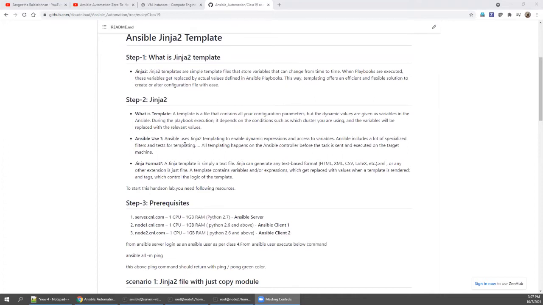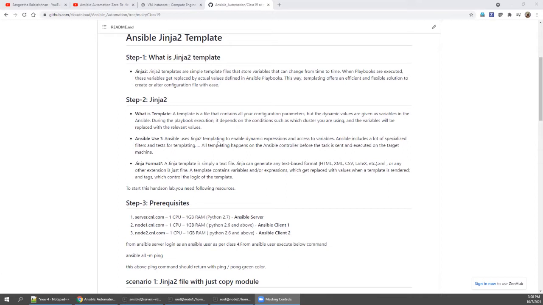Ansible uses Jinja 2 templates to accommodate dynamic expressions. If you have multiple servers in each environment in your project, then you can easily manage all the servers, all the configuration files, all the deployments, all the environments, everything.